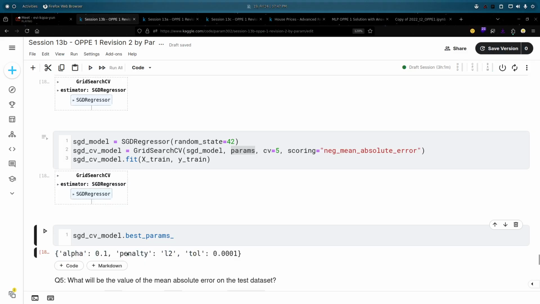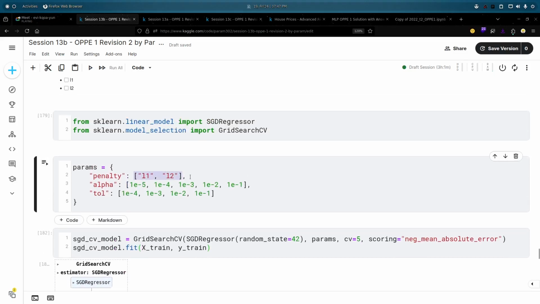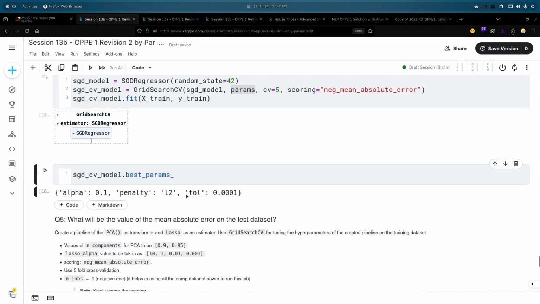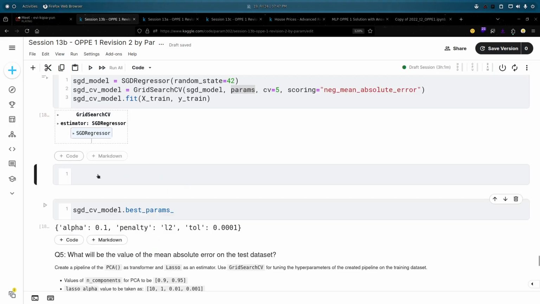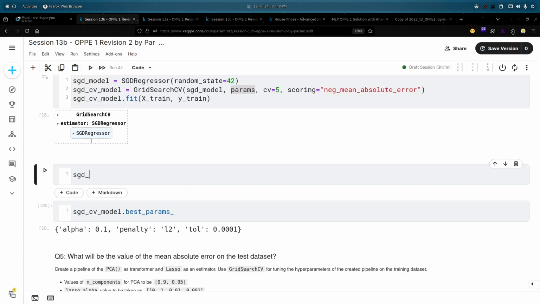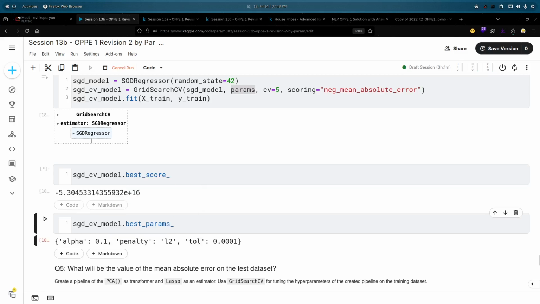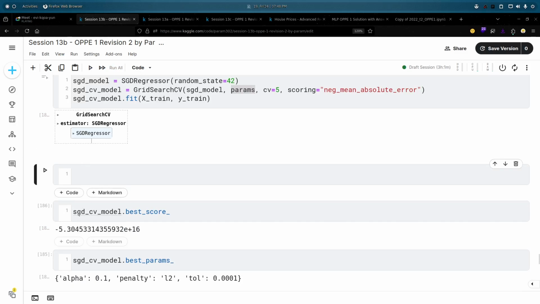So here you can see the best penalty is L2. I have passed two penalties L1 and L2, and the best is L2. It is computing based on the score. So if I check the model dot scores, I think, yeah, best score. So best score is this, and obviously this is the best score.